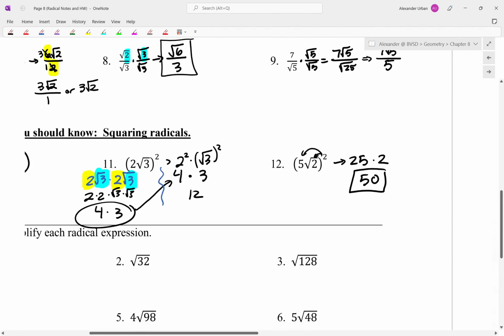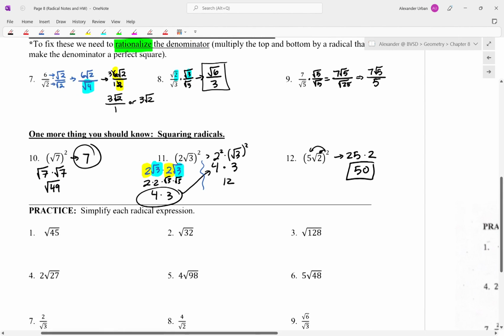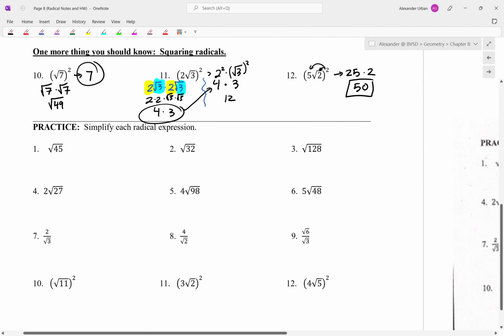Now, on your paper on page 8, you have some practice problems. Make sure you get them done. If you have any questions, come visit me or another one of the teachers, and we will definitely get you squared up, making sure that you